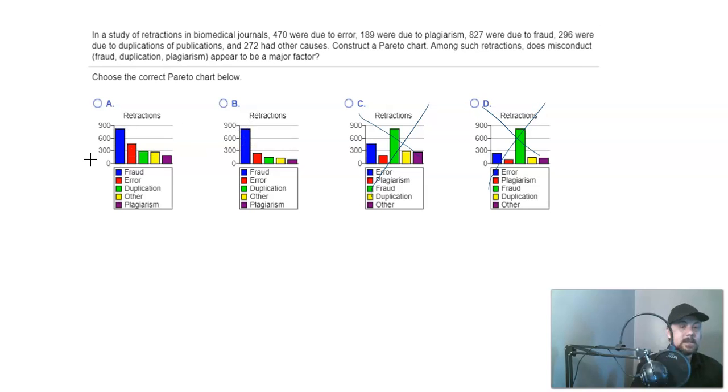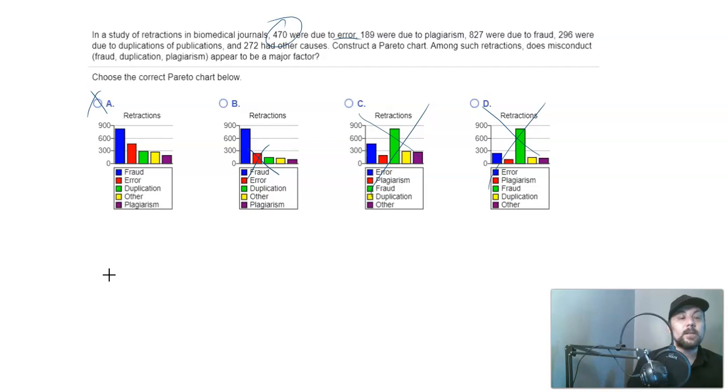So I'm not going to be able to distinguish which answer is correct by looking at the blue category, which is the fraud category. So let's look at errors, number of errors. 470 are retracted due to error. This bar is below 300, so this one can't be correct. So A must be the proper